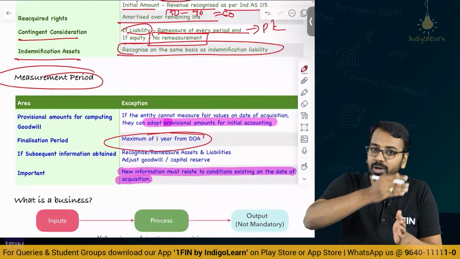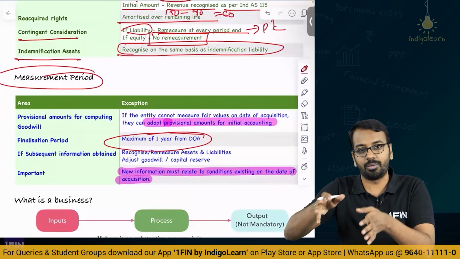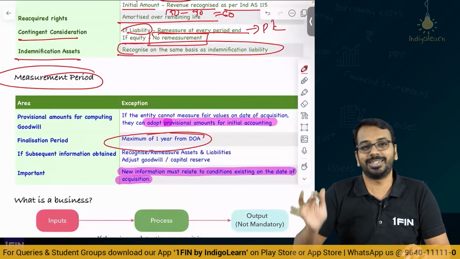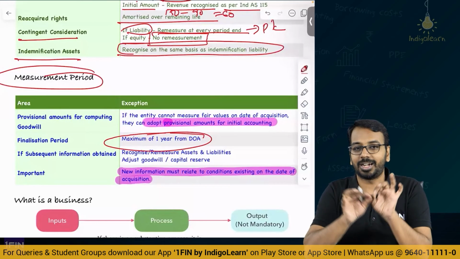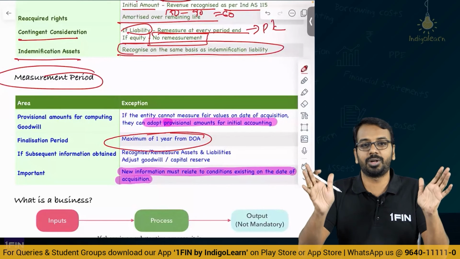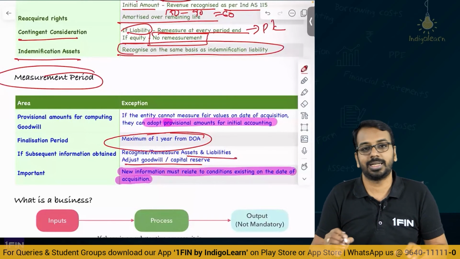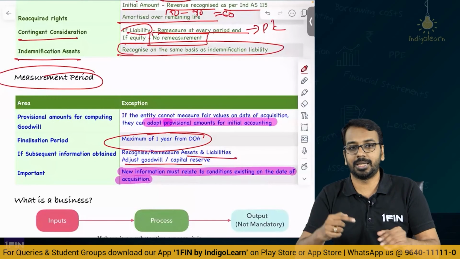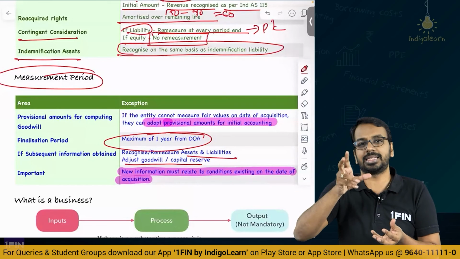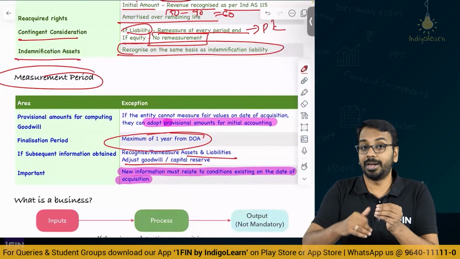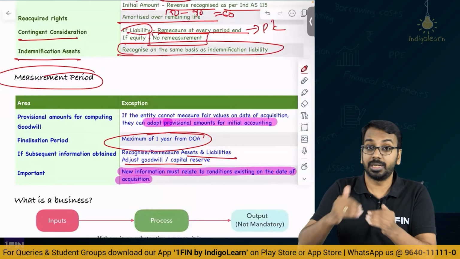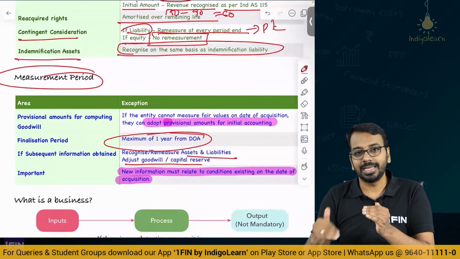It is not that I will keep on adjusting forever, then you will need one accountant only to do the acquisition date adjustment. They said within 1 year, determine all the fair values, whatever is the amount determined, use that and update the assets and liabilities and adjust the goodwill and capital reserve. If you get confused in the examination, just think of it, if I am increasing an asset, I have to reduce something. What will I reduce? I will reduce the goodwill component. If I am increasing an asset, I will reduce the goodwill and increase the NCI.